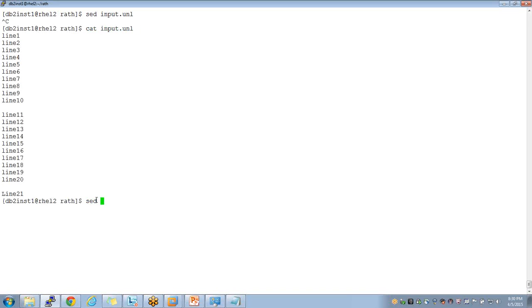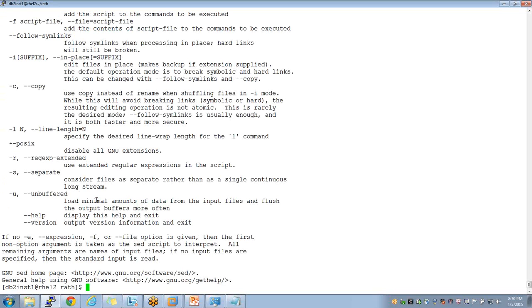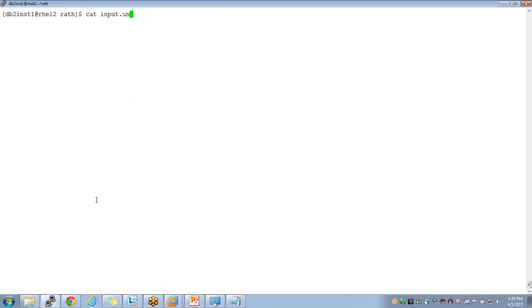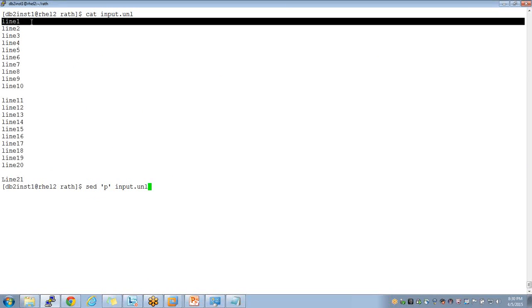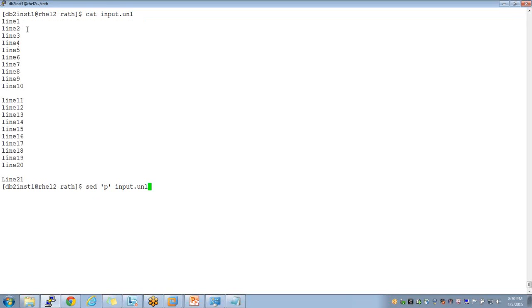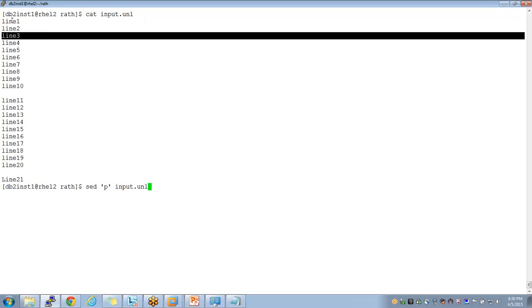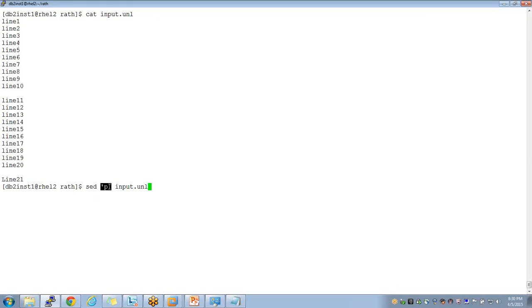When I say sed -p input.unl, I think sed only p. Sorry. When I say sed, the instruction has to be in single quotes here. How sed works is it goes to the first line and applies these instructions.